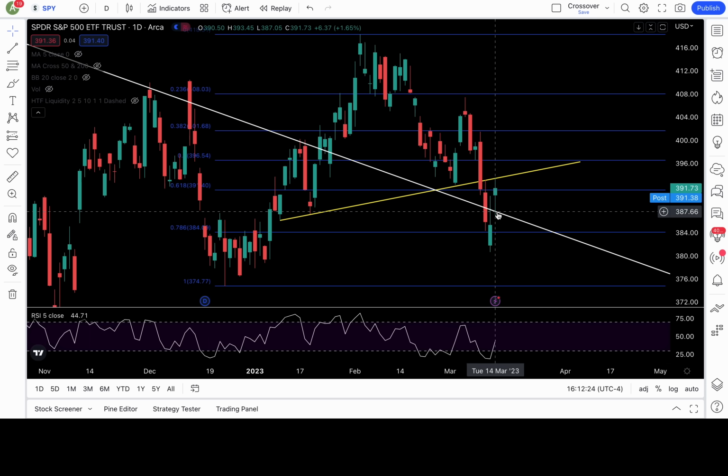Treated that yearly trend line as support, and it managed to close above the 61.8 fib level today. All right, so above 391.4, it recaptured and cleared that level. Now, the bull case scenario to show follow through to the upside, it needs to pop above 393.5. That is the first critical resistance level that needs to clear, with 395, and then the next fib